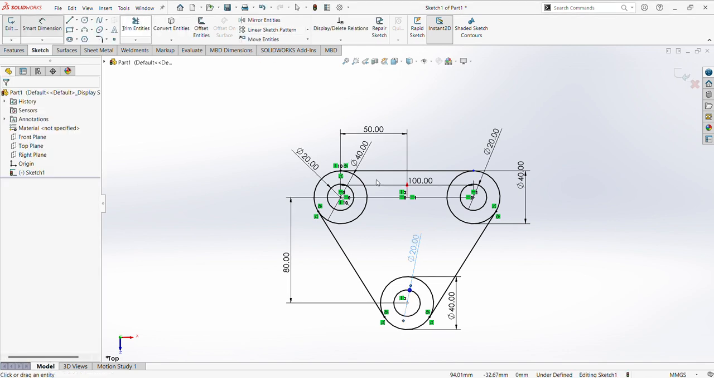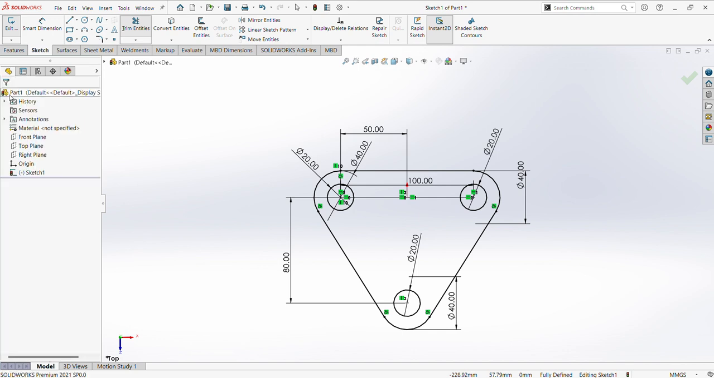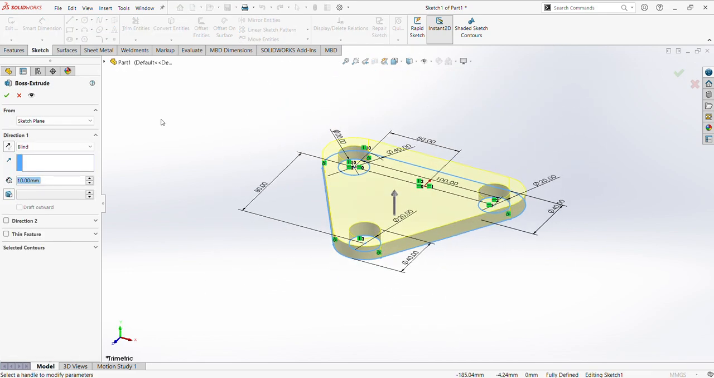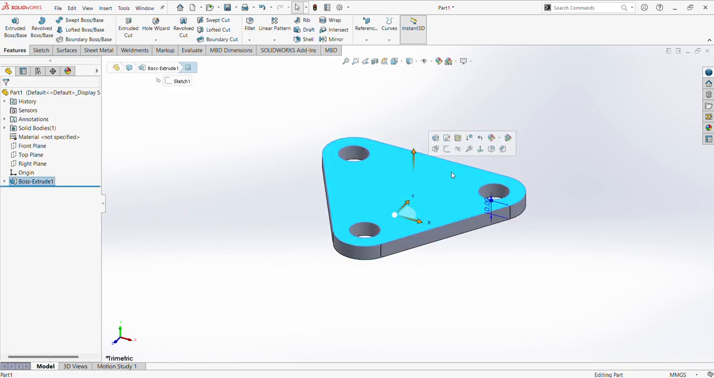Trim entities, trim these lines, finish sketch, extrude up to 10 mm is okay. Next select this surface, sketch,